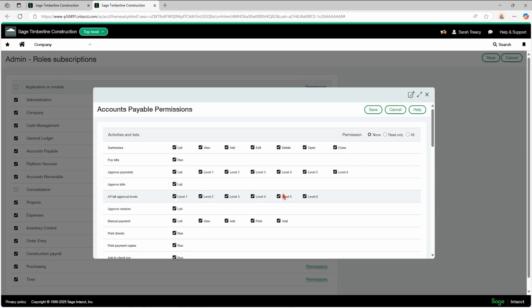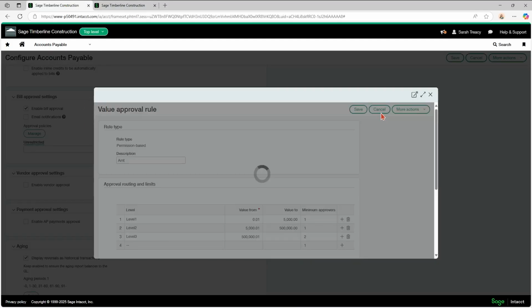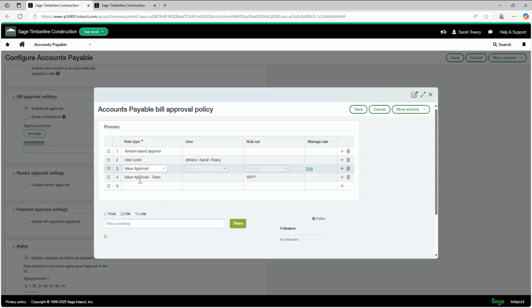So these levels are going to determine who are the approvers. So that's for your value-based approval. And then the other option you have is to do it by department. So you can do it by transaction department, and then it's going to be the manager of that department that